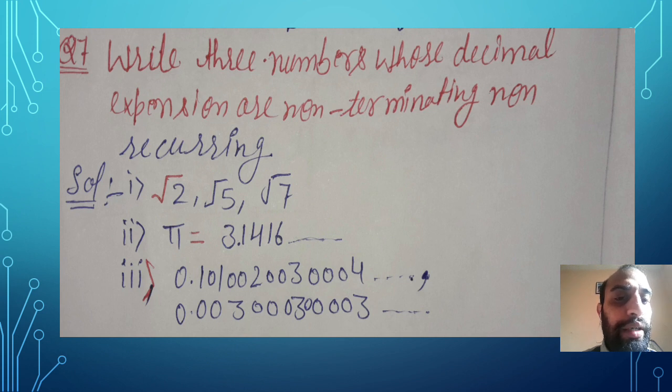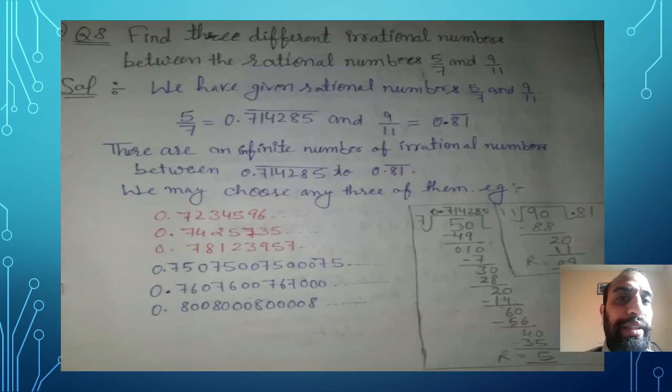So overall, let's see the last example. 0.03, 0.003, 0.0003. You might be thinking here, if it is not repeating, then why is there a 3 again and again? My dear student, you can see here in the starting there is a 0 before 3. In the next case there is a 00. In the next case there is a 000. So here you can't say that they are repeating because the zeros are different in between. So have a look over the last question, that is most important.